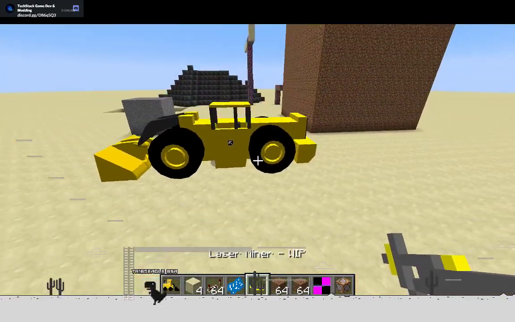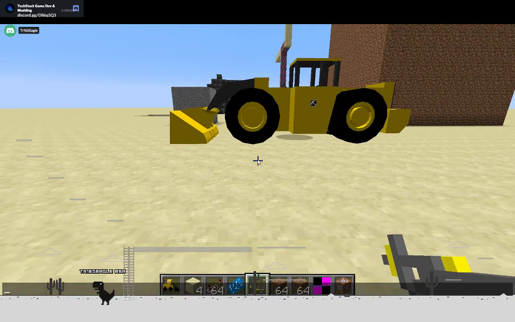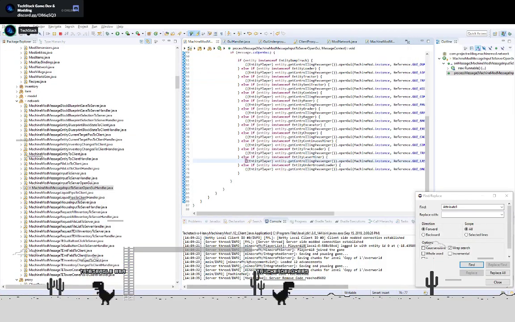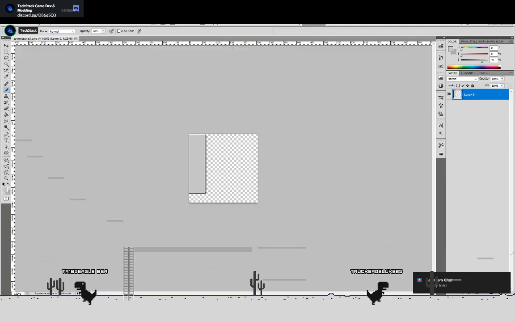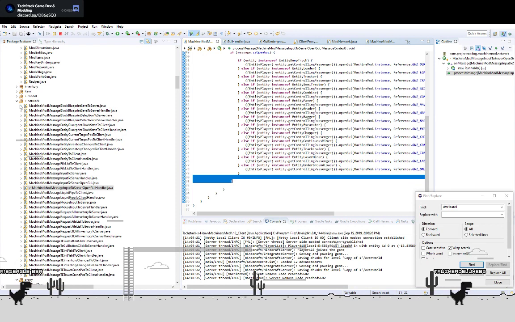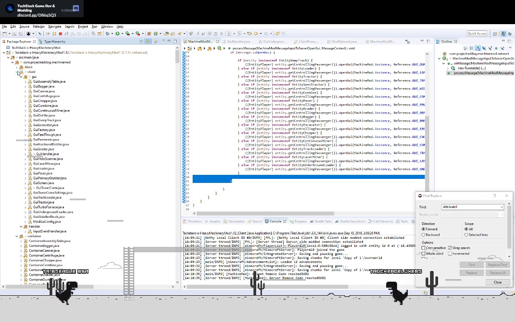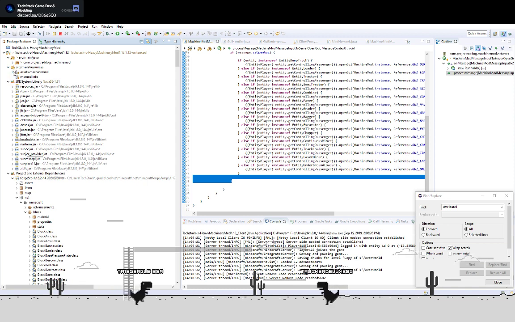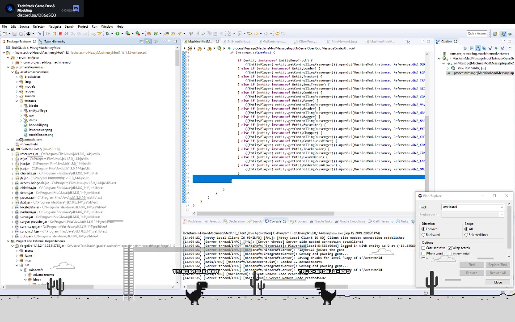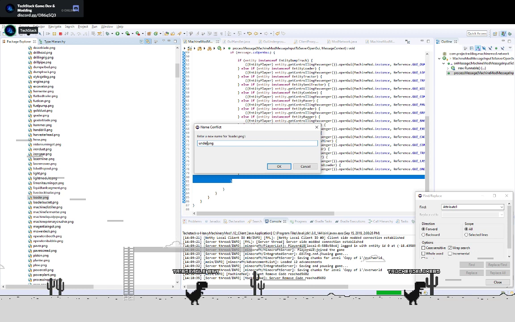Okay, so we also need an image for this, right? That's our current one. So I'm gonna pull this off onto my other screen. Hey Trucker, how's it going? Let's create a new image. Actually, let's just cheat and grab one from our other piece. Ought to be under settings. Oop, in here. Textures, items. There's the loader one, so if we just copy this, paste it in new, we'll say underground loader